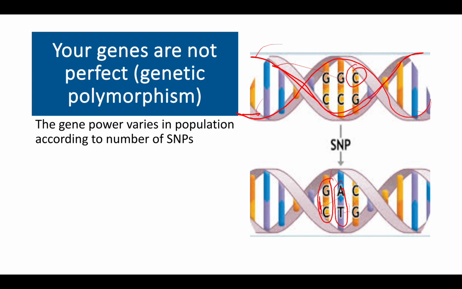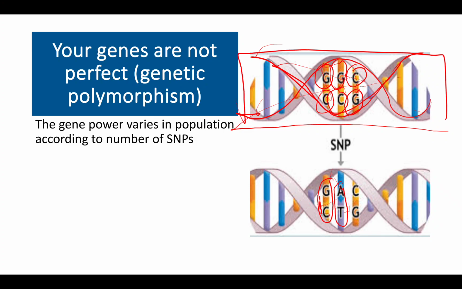And here is one base attached to another base. There are three pairs of bases here. If we consider this one the normal gene,